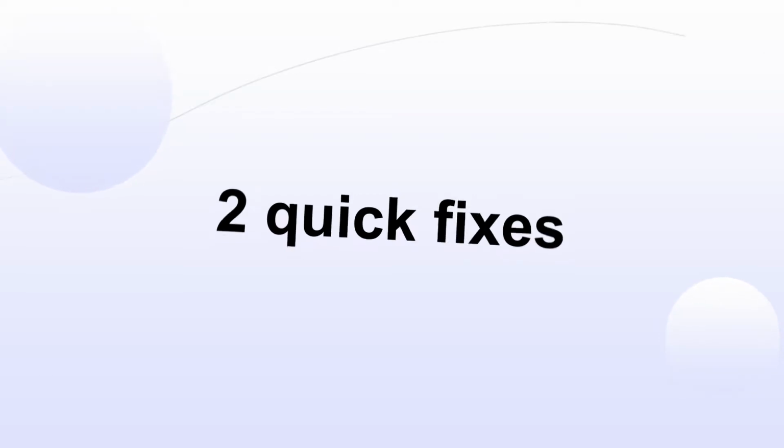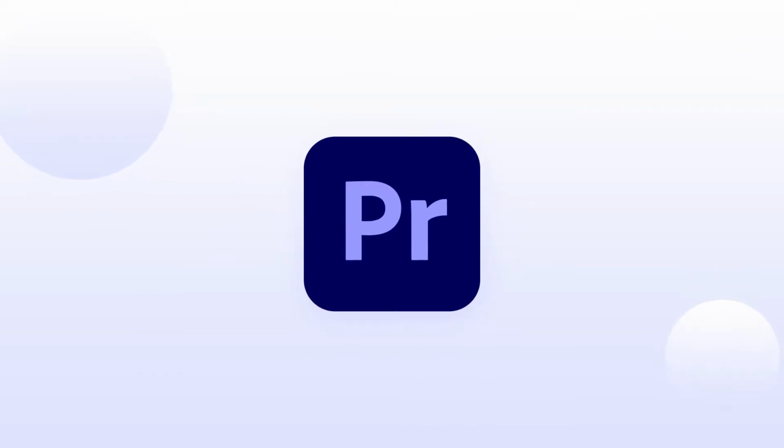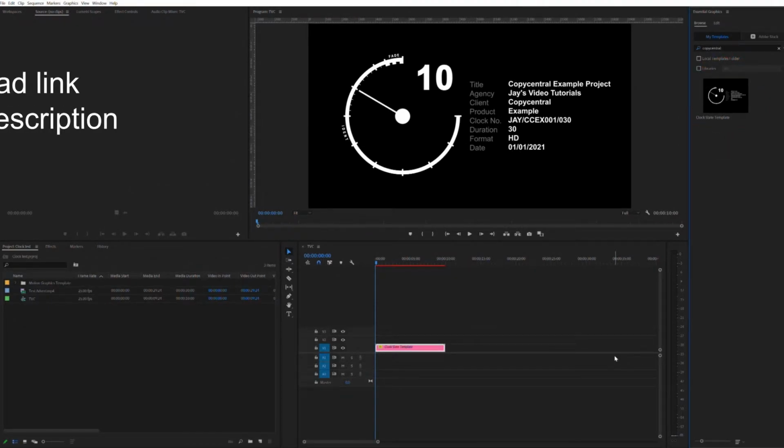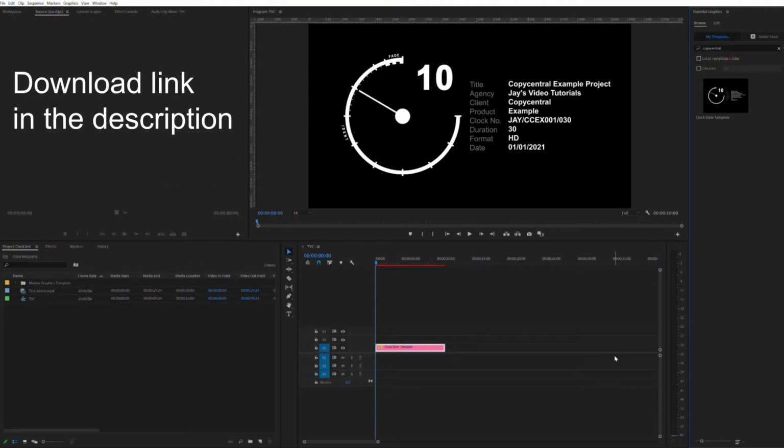So I'll be editing my video in Premiere Pro. If you're using a different editing software, the location of these settings will definitely differ, but the same principles will apply. So let's start with the content required in the final version of your ad. Every advert must begin with a clock slate featuring key information and most importantly a unique clock number. I've created a clock slate essential graphic for you to download if you're using Premiere Pro. You'll find the link in the description.